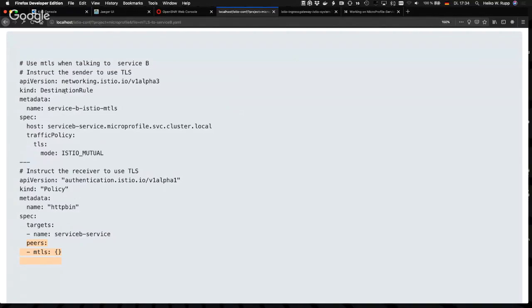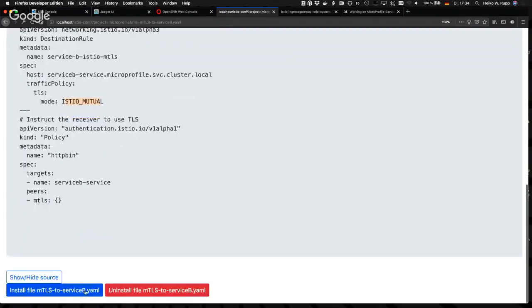The other part is a destination rule. This tells all my senders that want to talk with service B that they need to use Istio mutual TLS as a traffic policy. So I don't say service A, if you want to talk to B, use TLS, but I say if anyone wants to talk to service B, use TLS. So I install that.